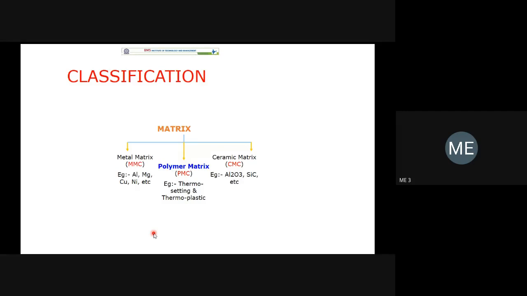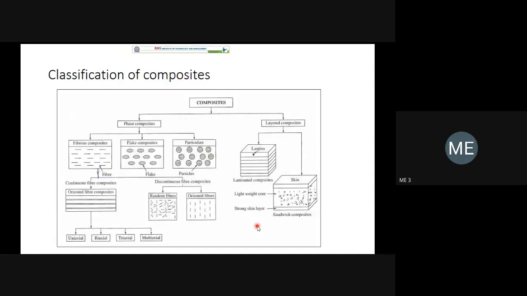Composites, we have already discussed. One is metal matrix composite, metal plus ceramic material. Polymer matrix composite, polymer plus metal or whatever it may be, and one more is ceramic matrix composite. In polymer matrix composite, the matrix material may be thermosetting or thermoplastic. When you come to metal matrix, the matrix material may be aluminum, magnesium, nickel, copper. Most of the time aluminum and magnesium because those are lightweight materials. When you come to ceramic matrix, Al2O3 or alumina, silicon carbide, those are the matrix materials.